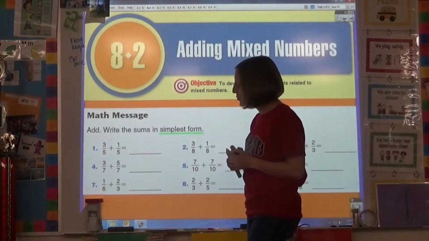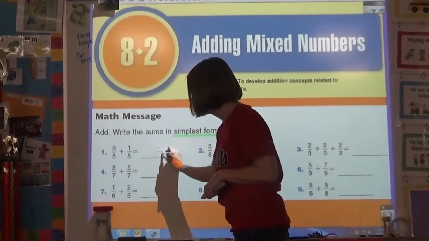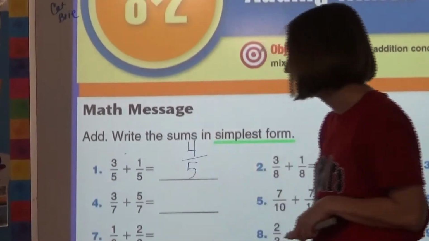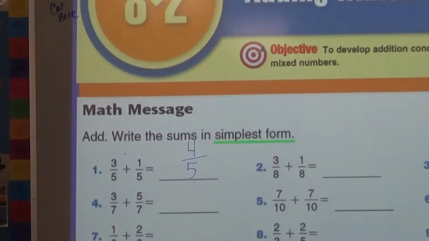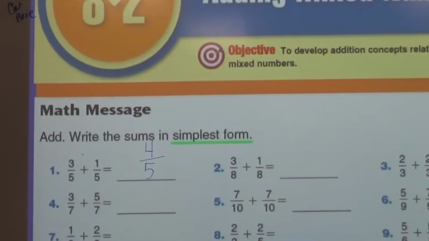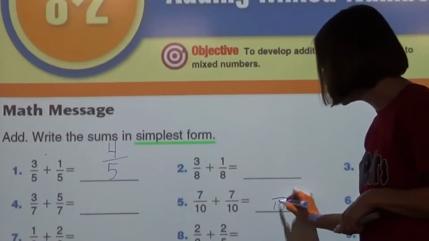So if I take a look at number 1, I already have common denominators. I've got 5 as my denominator. So remember, then I would just add my numerators. Okay. If we take a look at some other examples here, let's take a look, let's say at number 5. Again, I have my common denominators, but if I add, I know 10 will be my denominator, 7 plus 7